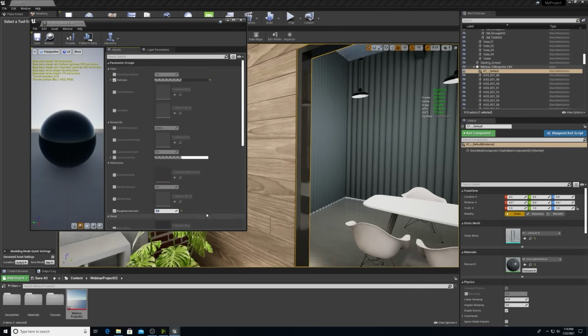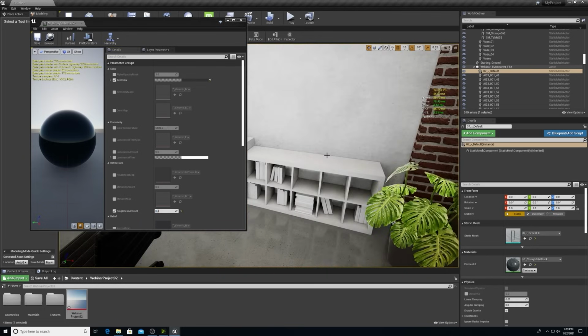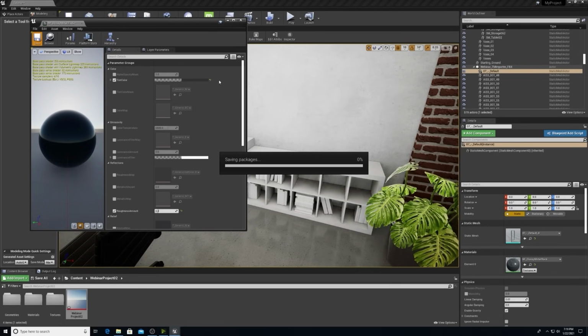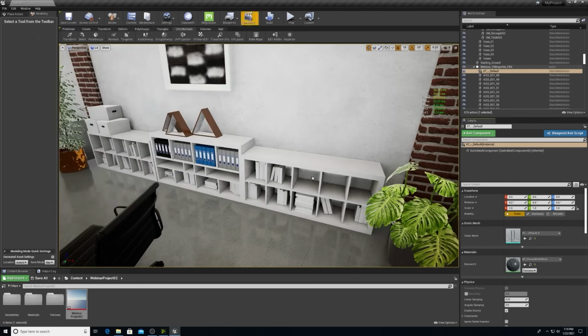Now, I'll set this at 0.3, but this piece of geometry is very small, so it won't have that much effect on the performance. However, if you are working with the floor, you might want to play around with that because it could affect the performance. So I'm going to go ahead and save this and close it.